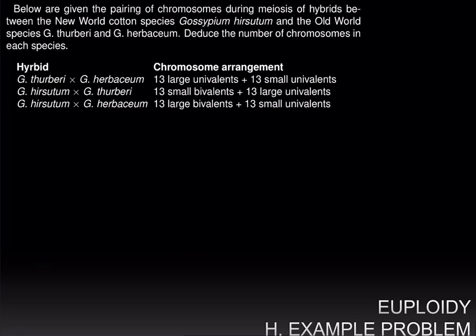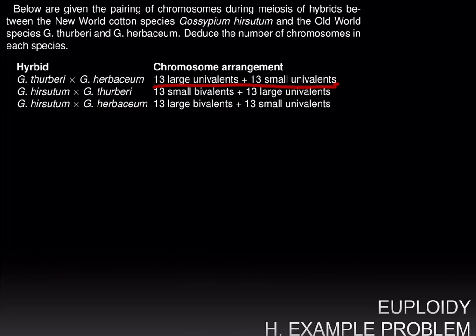and we have to deduce the number of chromosomes in each species. We see here that we are given 3 crosses between pairs of the 3 species. So when we cross Thurberry and Herbaceum, during meiosis in the hybrid, we have 13 large univalent chromosomes and 13